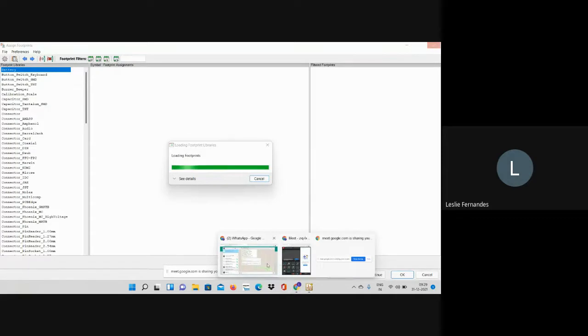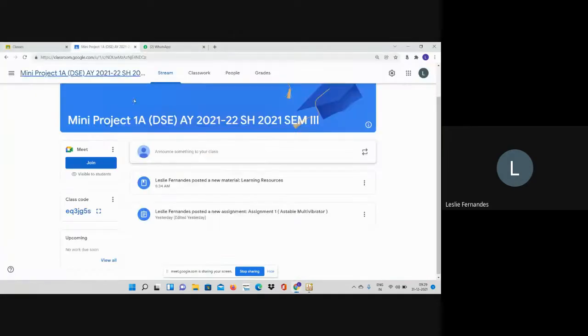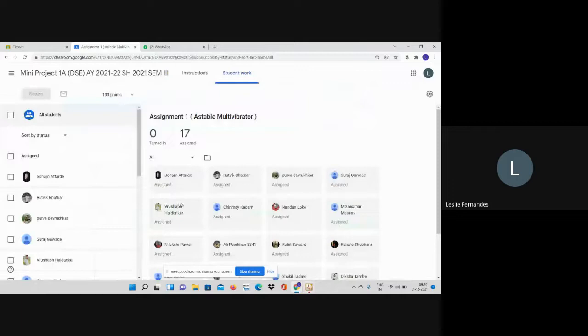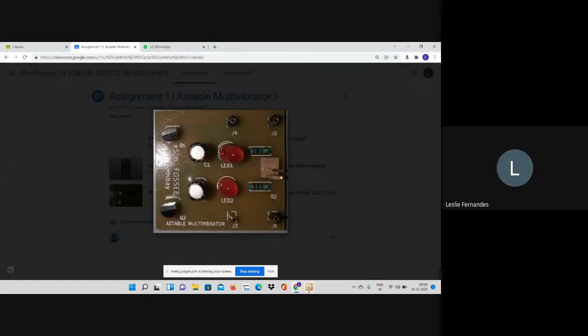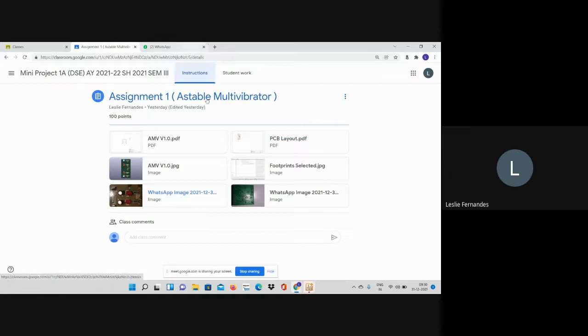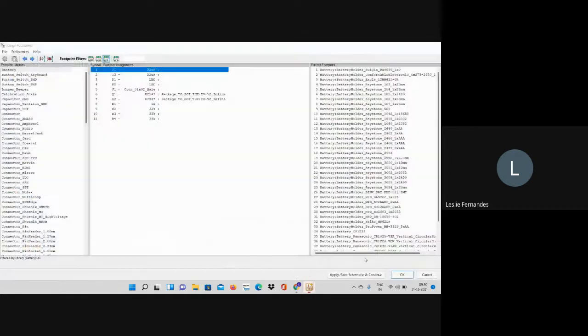Okay, till then, we'll just have a look at the components that we are using. If you notice, you have 2 radial capacitors over here, 2 transistors in outline packages, resistors, and an LED. LED is a 5 mm LED. This is a pin header. And here only a resistor is connected. Basically, the 33K resistor can be changed on this particular circuit. You can put different resistors and get different timings. Okay, so this is the circuit that we are going to make.